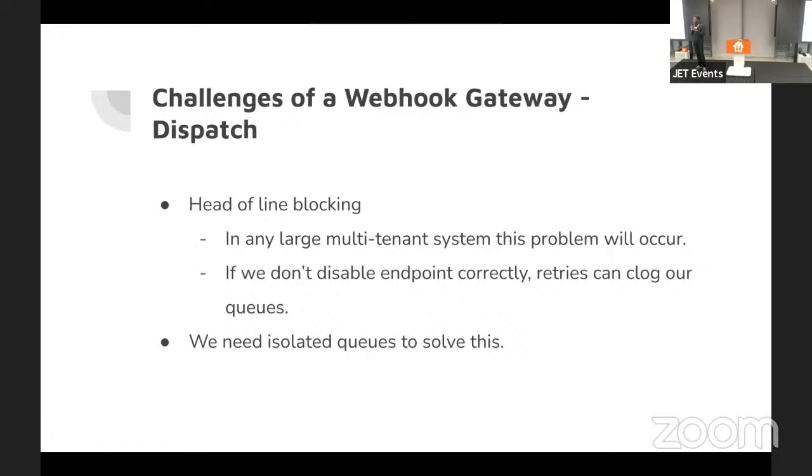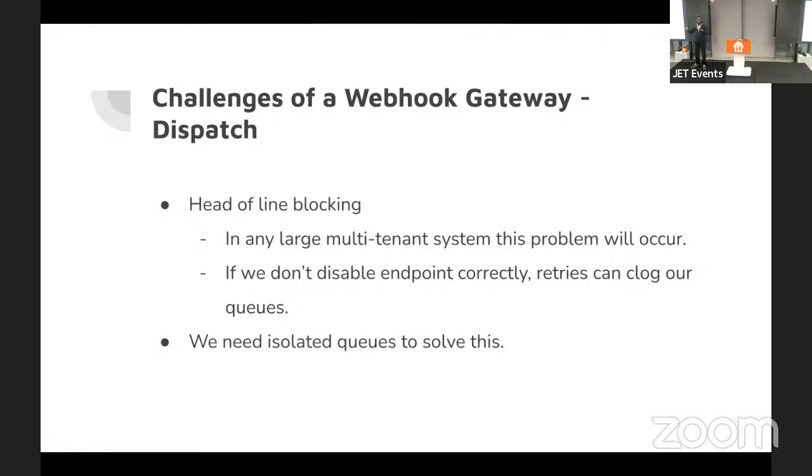But in the Webhook scenario, the head of line blocking problem is where you have a multi-tenant system, which most of us have from SaaS applications. And if you graph the activity of each tenant, most times there's always a whale. There's always someone doing the bulk of activity on the platform compared to the other tenants. So if you use just one Kafka topic, for example, or just one queue, what you will find is it's possible that just one or two or three tenants have the bulk of events, right?